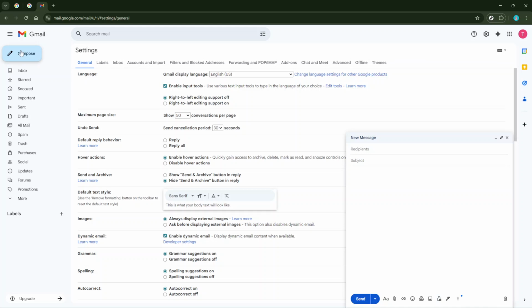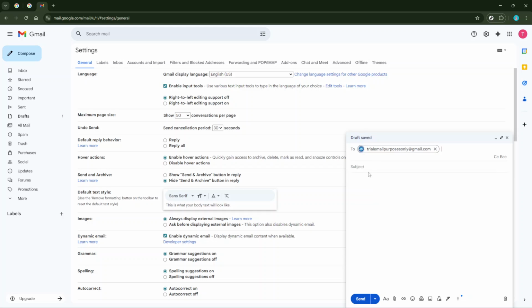After you've adjusted this setting, anytime you send an email, you'll notice a banner at the bottom of your screen that reads, Message Sent, Undo. This banner is your lifeline, giving you the chance to click Undo within that 30-second frame. By doing so, the email will retract before it reaches the recipient's inbox.